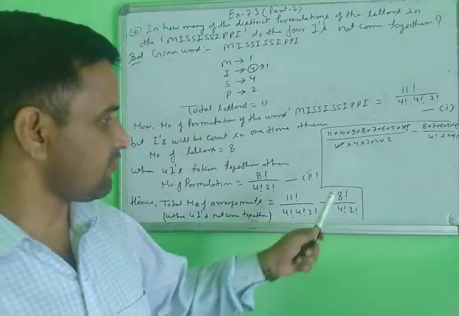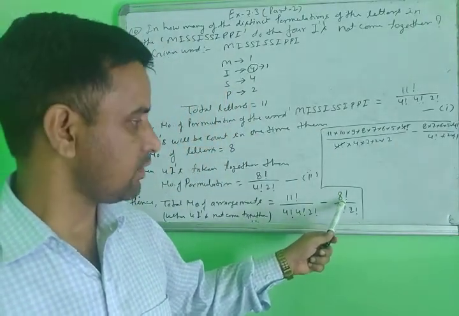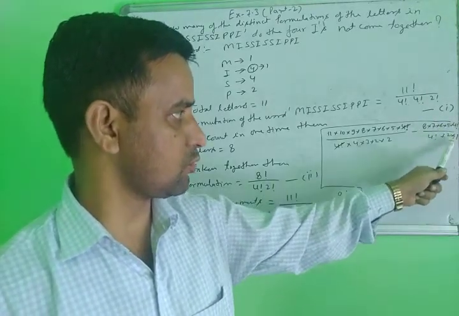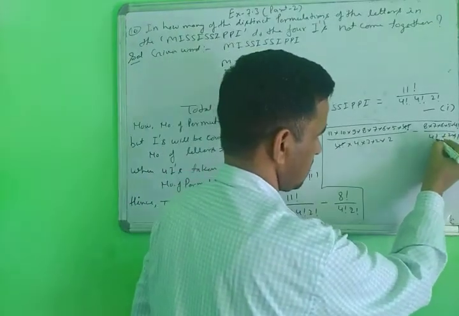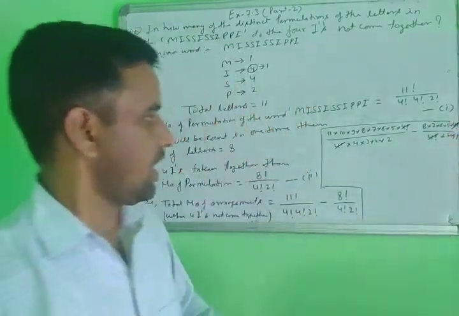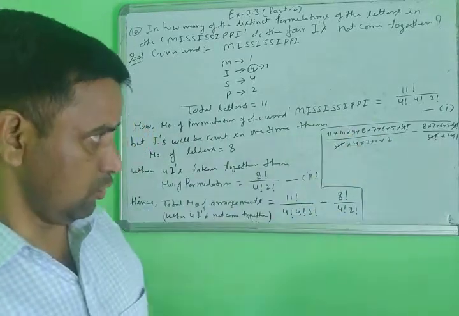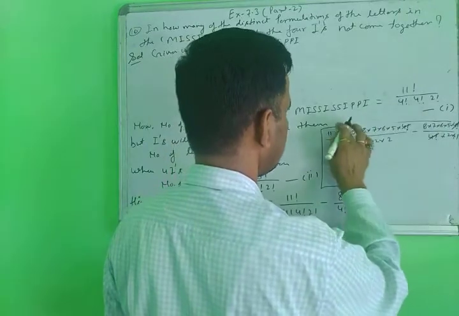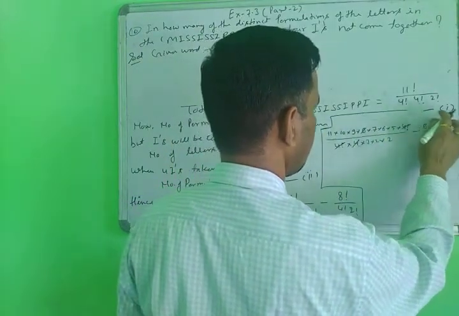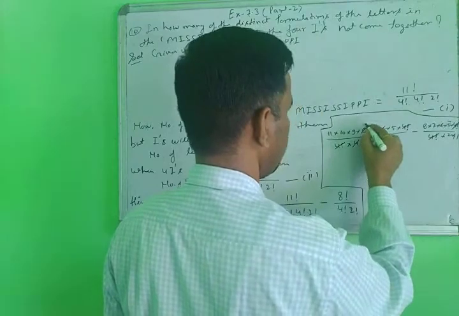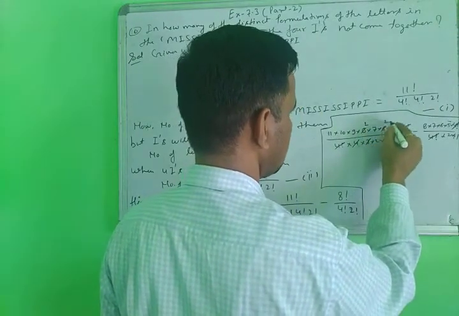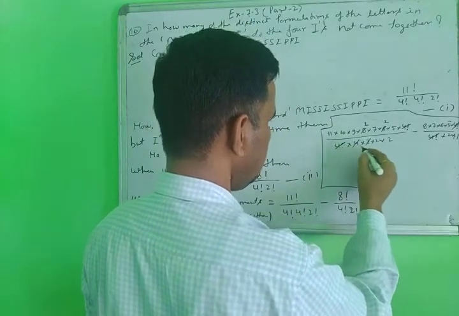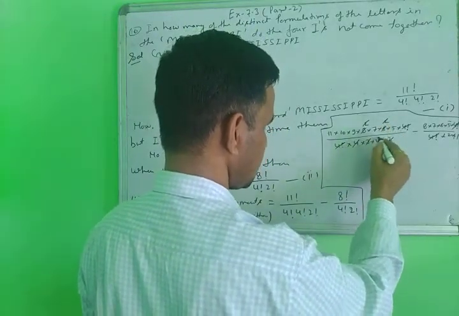Next, here factorial 8 you break down till factorial 4: 8, 7, 6, 5 and factorial 4. Then factorial 4 will be cancelled. Then you will calculate that 4 into 2 cancels the 8. 4 times 2 is 8, 3 times 2 is 6, and then 2 times 2 is 4, and this 2 and this 2 also cancel here.